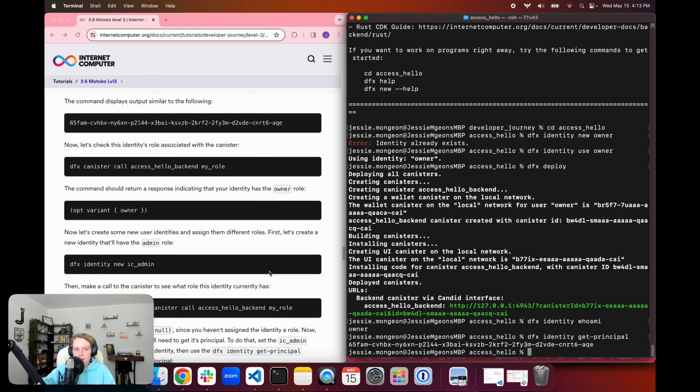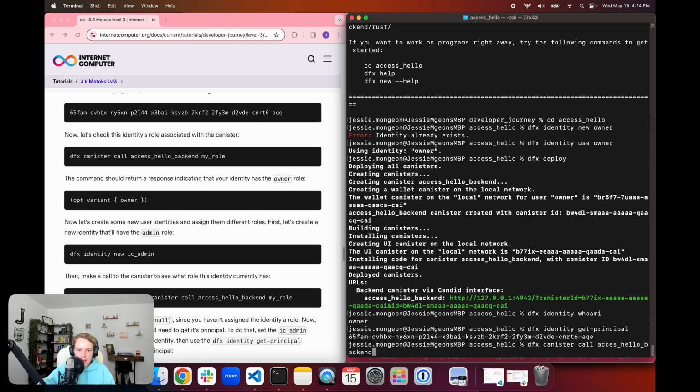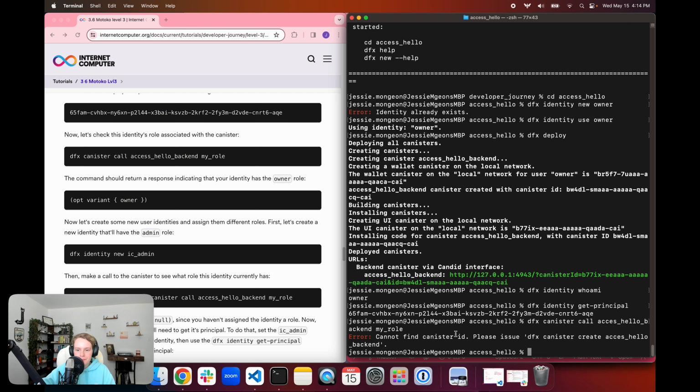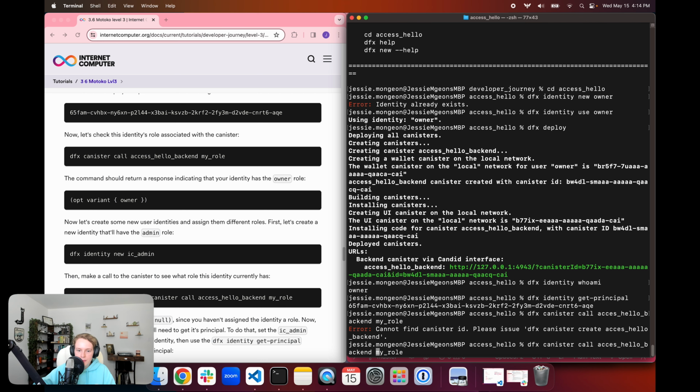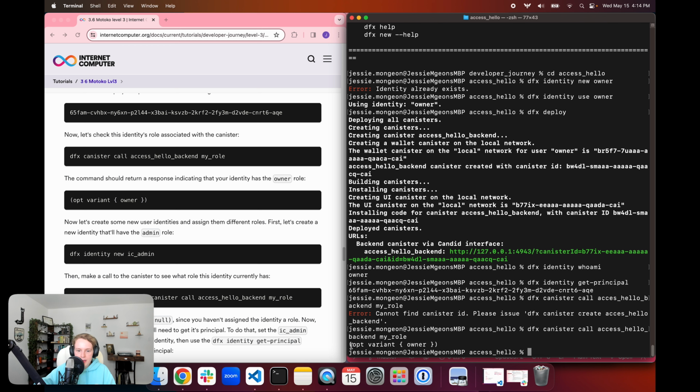Now let's see if this identity's role is associated with the canister, which it should be since we used this identity to deploy the canister. So it should be the owner of the canister. So we're going to use dfx canister call access_hello_backend, and then we want to call myRole just to return our role. And I misspelled my canister name. And we can see that it returns owner,